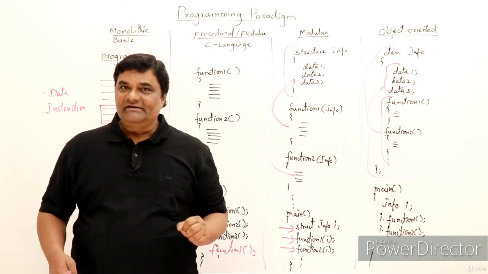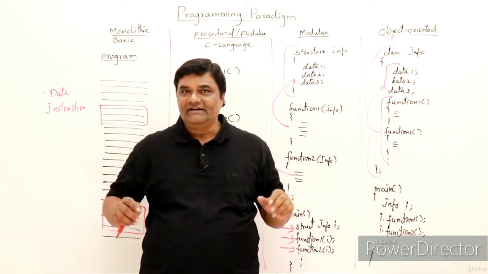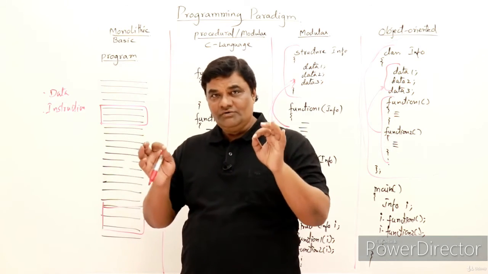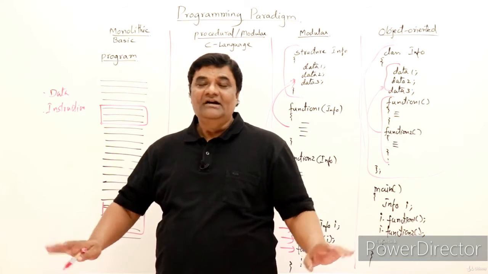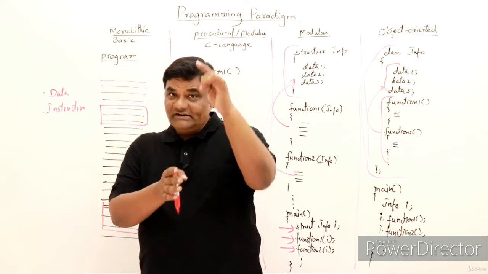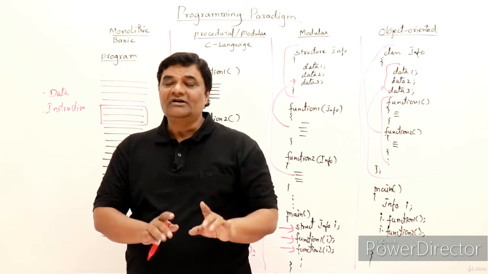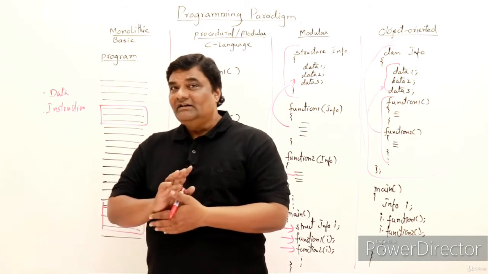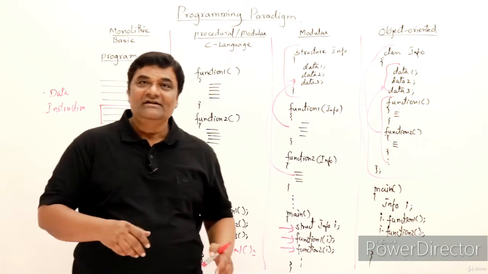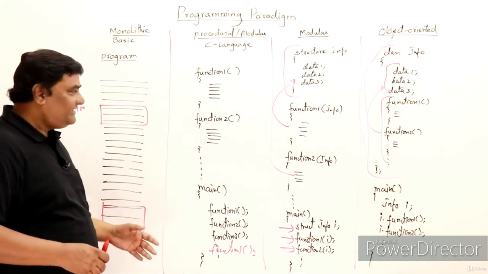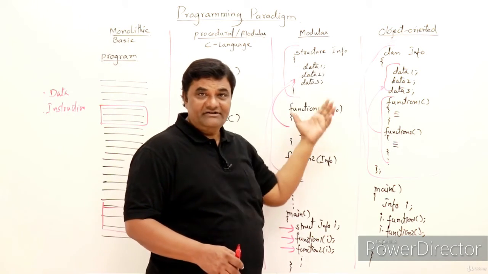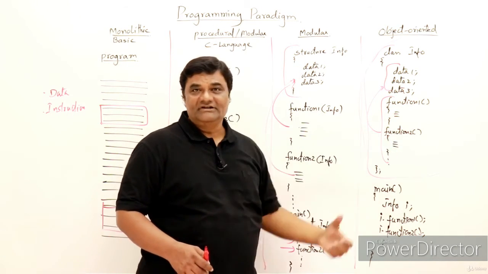Now one last point. What is the difference between these paradigms? If you observe, what we want to do remains the same. What the software should do remains the same. The logic remains the same. Only what is changing? The way you organize your program code is changing. Earlier, everything was at the same place. This is divided into functions. This is divided into data structures and functions. This is in the form of classes.